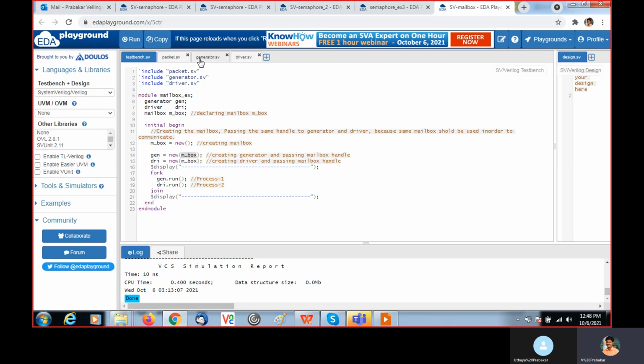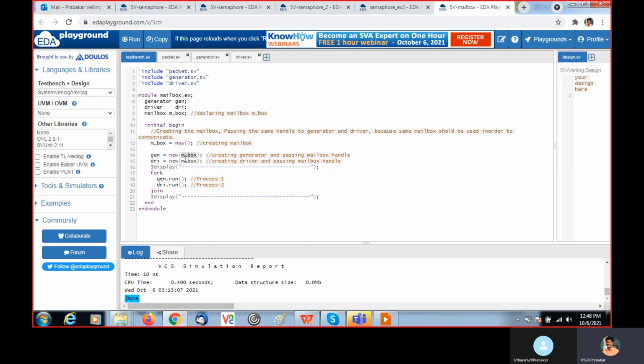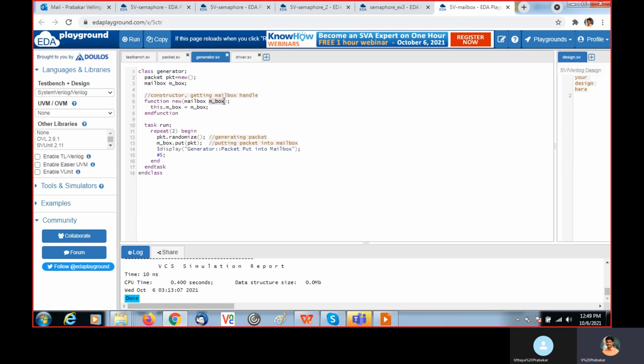I receive it here, and when I use function new, it will automatically get the handle of the actual mailbox, and that is assigned to this.mbox. It's nothing but this one.